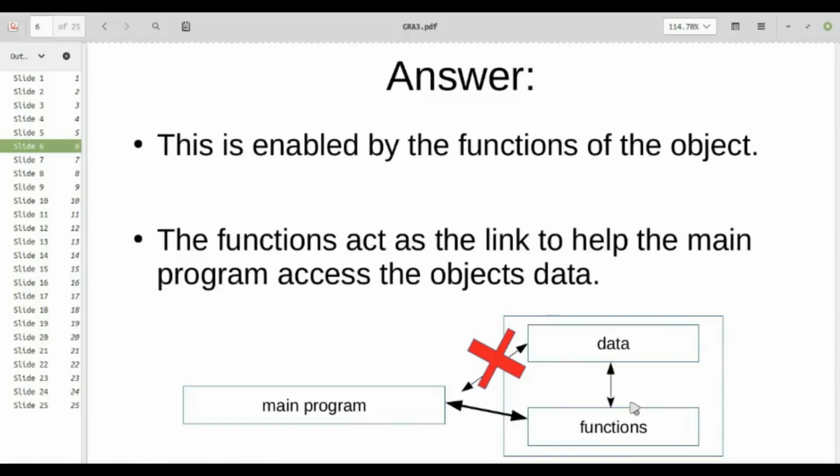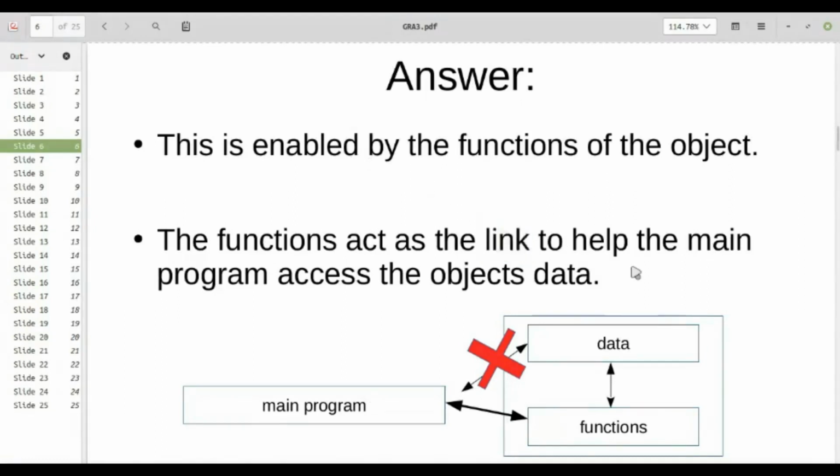This is a very striking characteristic that follows from the concept of encapsulation, right? So this feature is enabled by whom? It is enabled by the functions, of course. The functions act as the link to help the main program access the data, right?